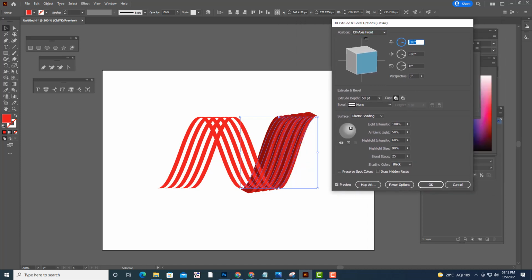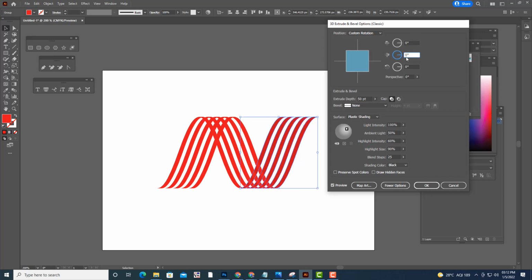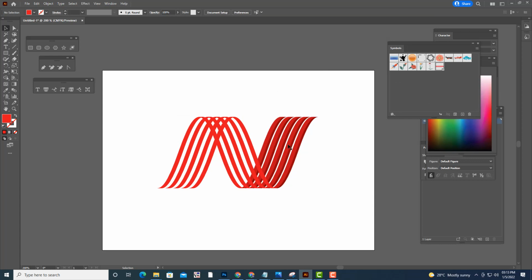First we will make everything 0, keep everything as 0. Then we can rotate it like this. So we also have to remember the value here. So what is the value? Okay, we'll keep 8, that is okay. So 8.